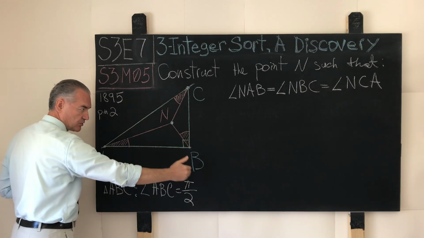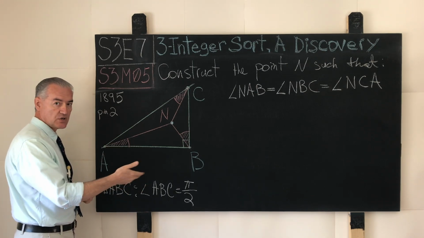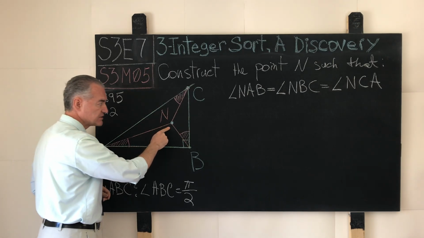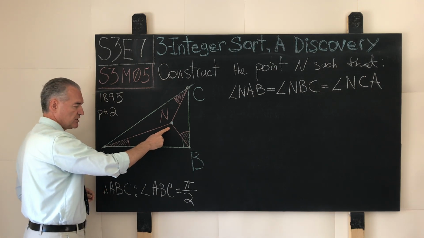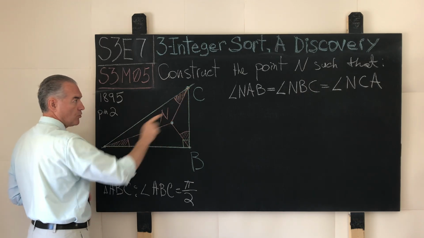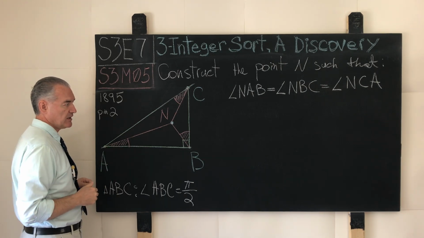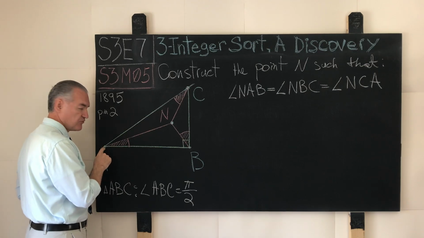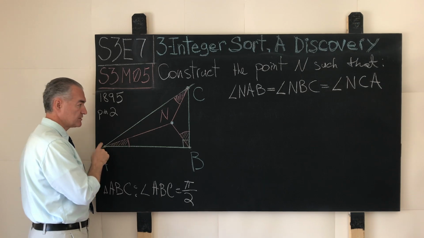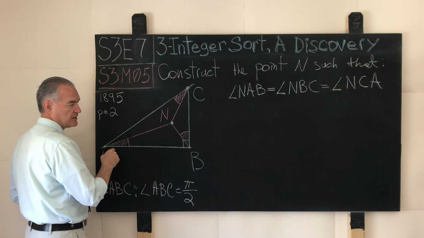Construct, describe the sequence of steps with the Euclidean tools alone, with the straight edge or unmarked ruler and the compass, that will locate inside the triangle the point N such that the magnitudes of the angles NAB, NBC, and NCA all equal one another. And it is very straightforward to understand how this naming of the angles takes place. If our names of the vertices of our right triangle are in the counterclockwise fashion, then in exactly the same fashion we'll look from the point N into the angles, and then we move